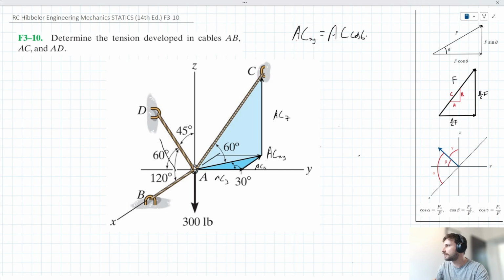And ACZ, we can say, is equal to AC sine 60. Now, we can look at ACY and ACX, and note we have a 30-degree angle here. So we can say ACX here is equal to ACXY